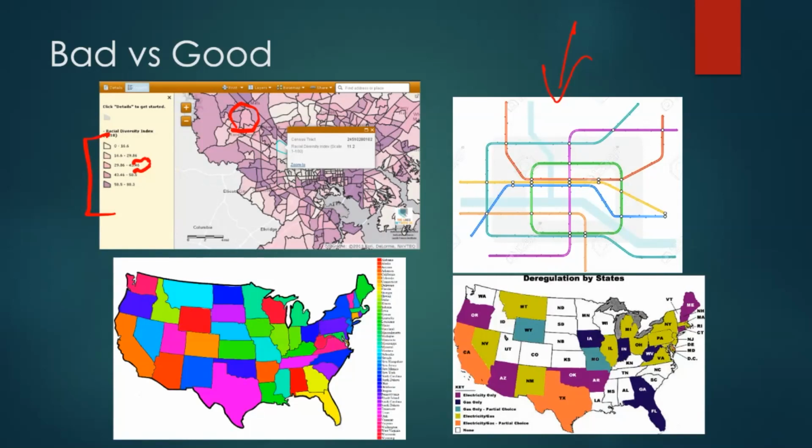The bottom left is an example of unnecessary complexity. While they have spanned the visible spectrum, they've given us 50 different colors for that map. If you didn't know that this is Iowa, you wouldn't really be able to tell that by going to the legend.